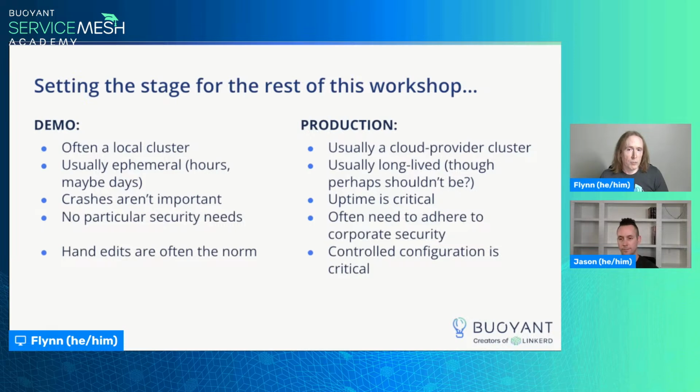These are big problems in production, because typically if your production cluster goes down, you need to get it running again as quickly as possible, right? So if the cluster itself has gotten taken out, you need to rebuild it as quickly as you can. Having a controlled configuration is critical to this, so that you know what the configuration of the thing actually is.